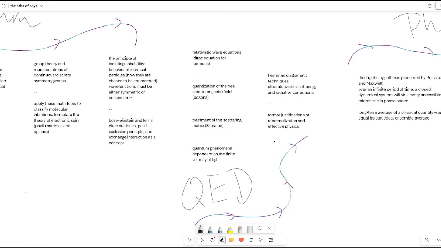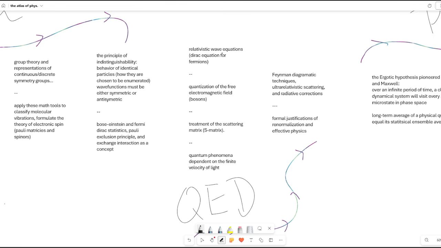Okay, and then quantum electrodynamics, you'll have the Dirac equation for fermions. I didn't mention it, but the Klein-Gordon equation for, I think bosons. I'm sorry, for spin zero. For spin zero systems, they would be described by the Klein-Gordon equation, and then for relativistic wave equations, you get the Dirac equation. The Klein-Gordon equation has a couple of problems. I can't remember. It has something to do with a singularity or something that needs to get integrated out, but that gets handled.